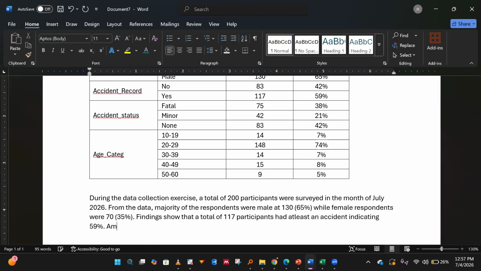Okay? Then you say among the different accident status, among the, now when you look at this,